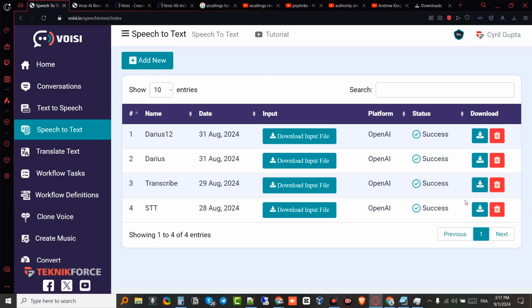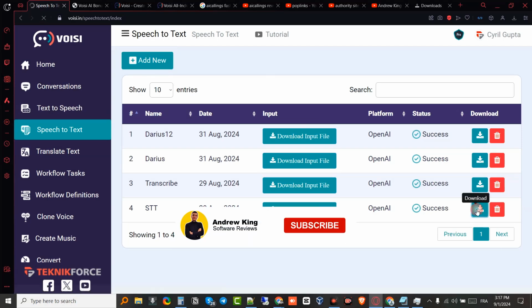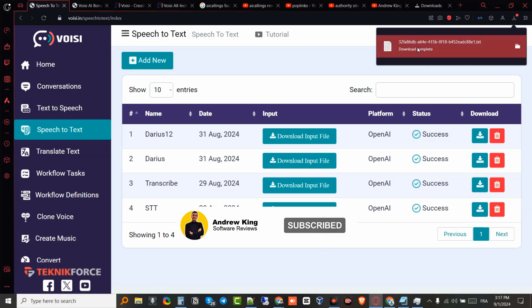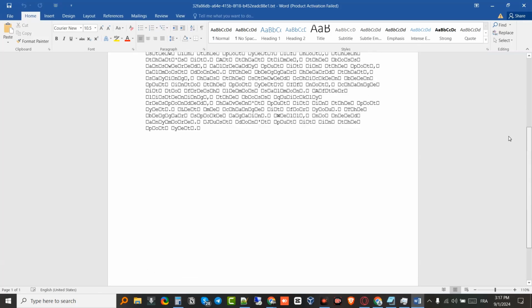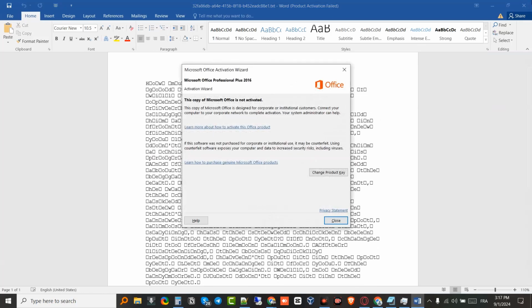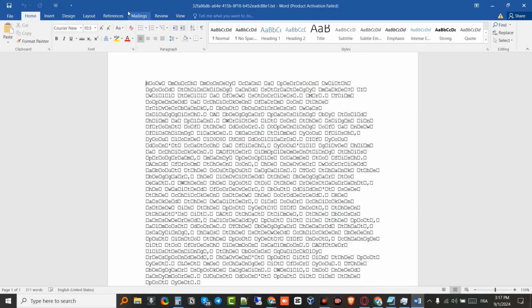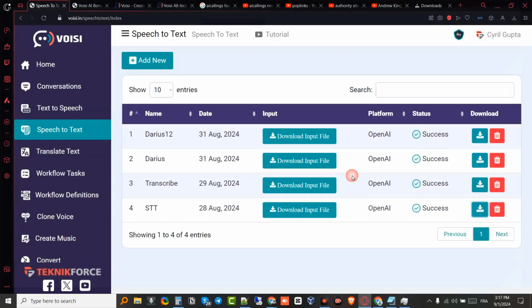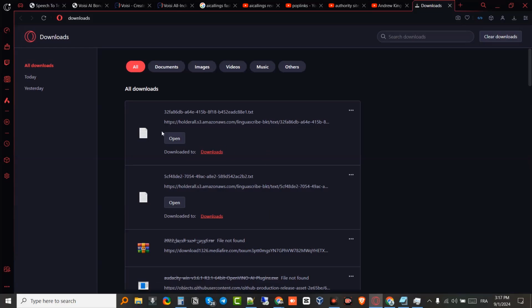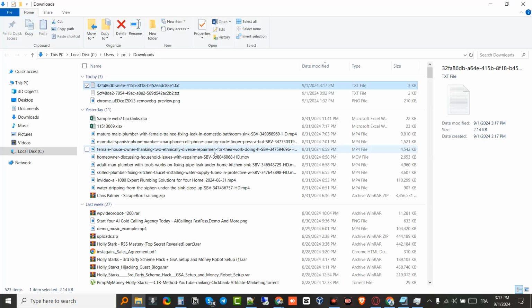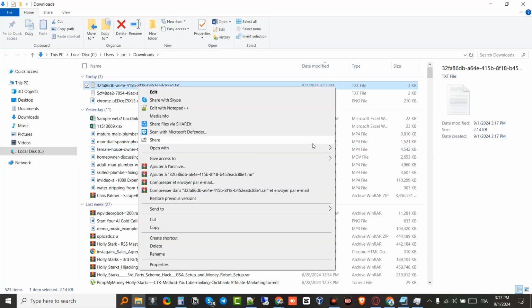And if we go and check out one of the previous projects, let me just download here. Let's just double tap to open it up. I'm not sure why it's showing like this, but basically it's in another language because my Word document is programmed in English. So if it is in another language, it's gonna show up like that. Let me try and open it up in another file reader.